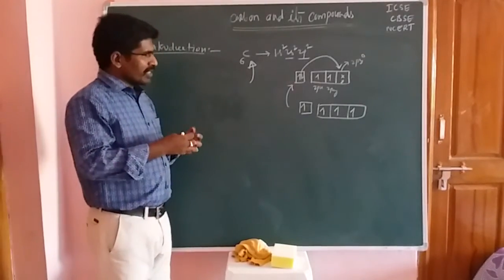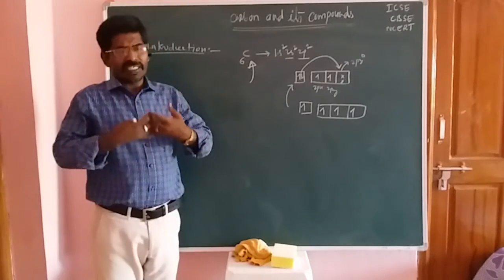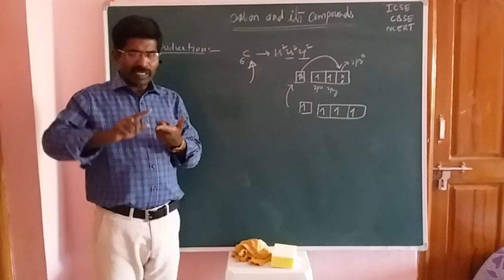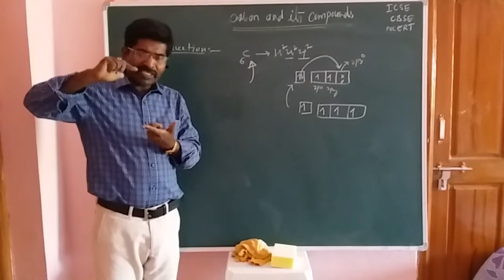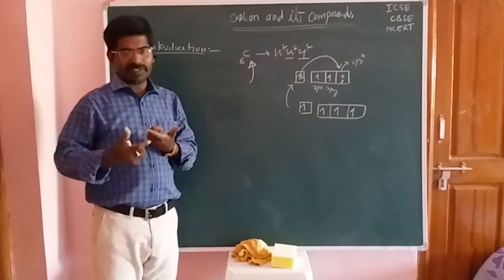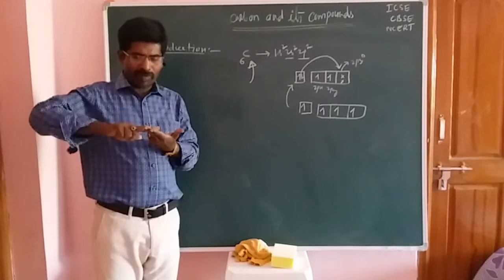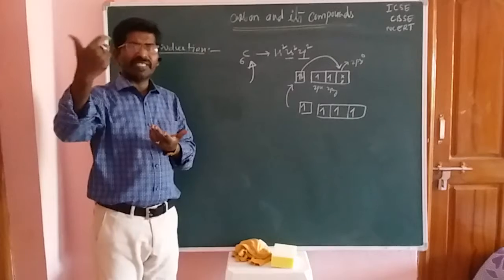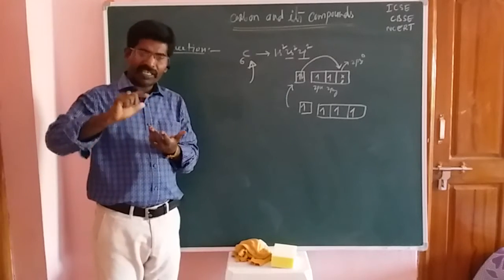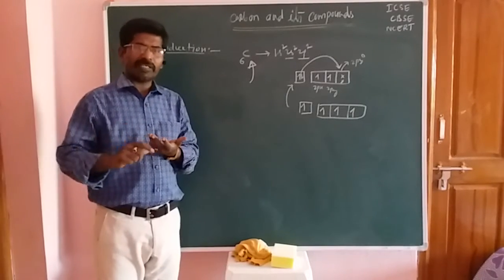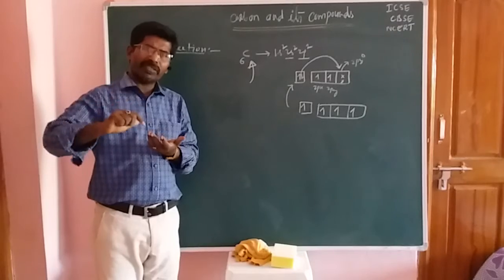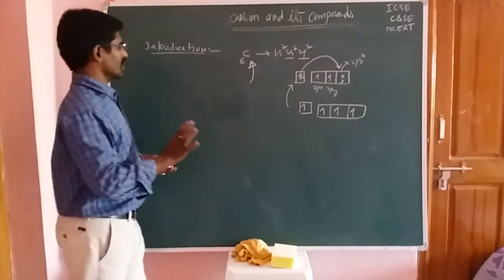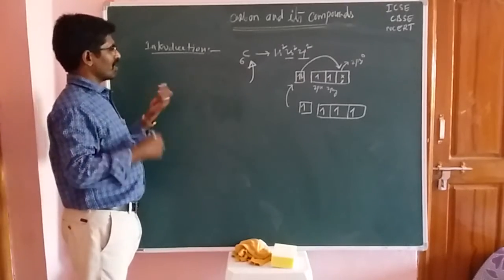It is able to form single bonds and multiple bonds. Carbon can form covalent bonds with the same kind of atoms and with different atoms. Carbon can form double bonds with the same kind of atoms, and it is able to form double bonds with different types of atoms. Now this is the valency of the carbon element.